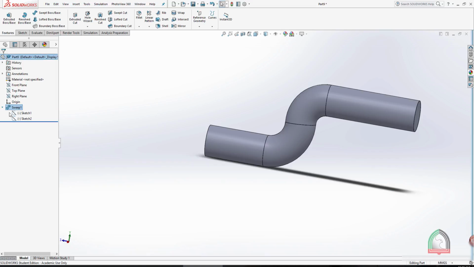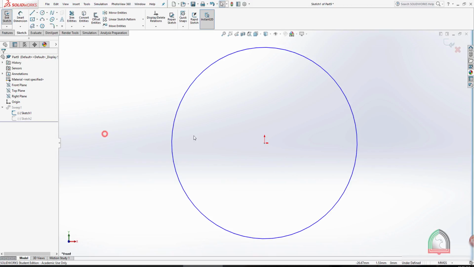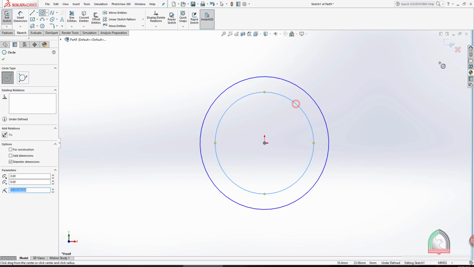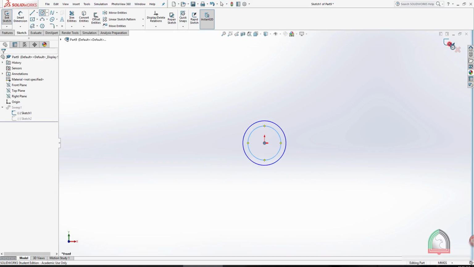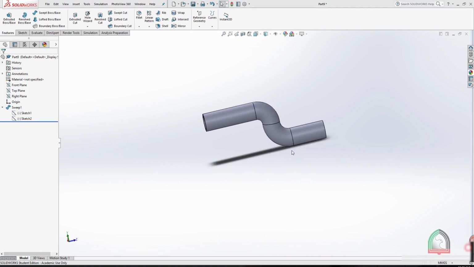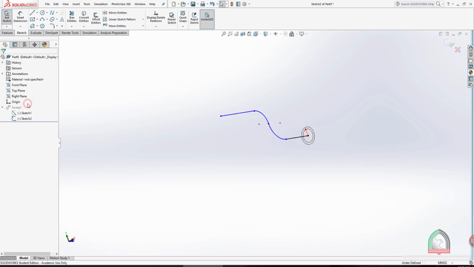So here, as I mentioned, I have two sketches. See, I'm clicking here and editing the sketch. I want to make it hollow, so I'm drawing one more circle inside. And at the time when I'm exiting the sketch, it will automatically update it with a hollow one. This is one option. And if you want to change the profile, here you can see that you can take the profile from here,